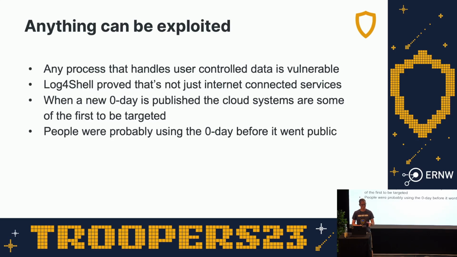Crazy story with Log4Shell, when that happened, we were looking at our data. Because we have visibility, we can track these strings as they progress through our infrastructure. And we've got a bug bounty program, and somebody said, hey, I submitted this attack string in this thing that you own, and I got a shell that called back. So we looked at it, and we said, okay, here's the string. And we followed over here. There's no execution. Followed over here, no execution. Followed over here, it gets passed off to the AWS backend service. And then the execution is happening on AWS's servers. And so it wasn't even our servers that were getting exploited at that point.